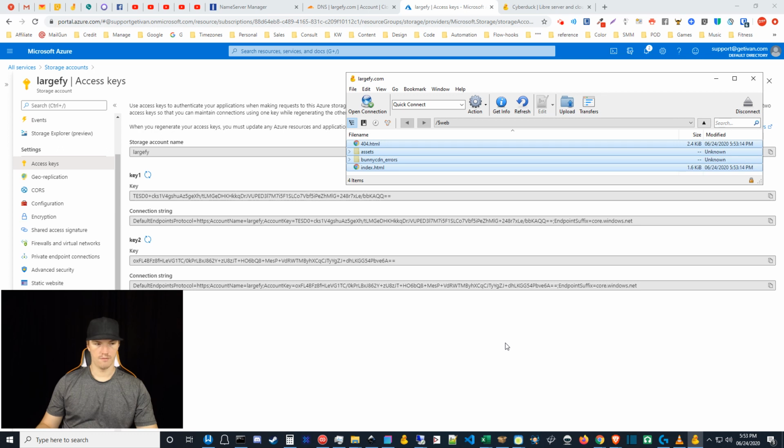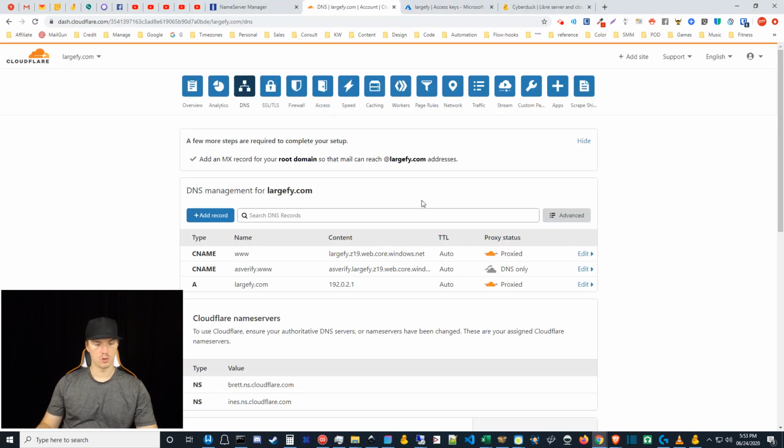Now, we did everything. I think we did everything. We enabled the static site. We set up the DNS records. We set up the custom domain, and we loaded the files. I didn't talk about the internal IP and the page rules, so let's talk about that before we test the